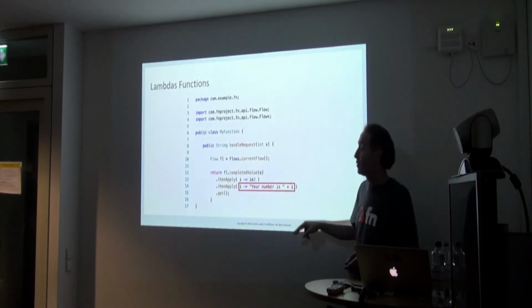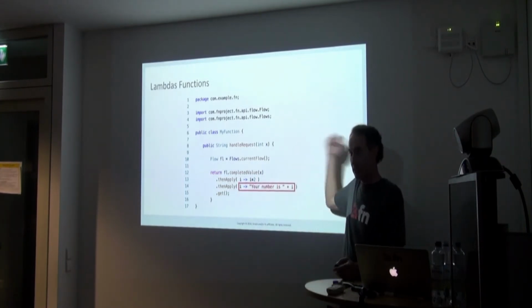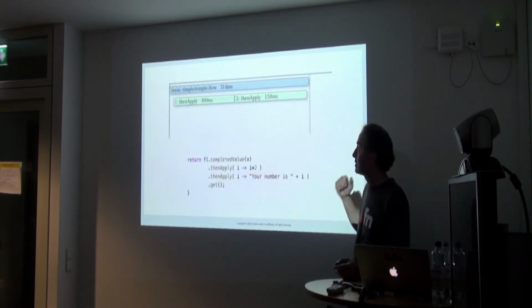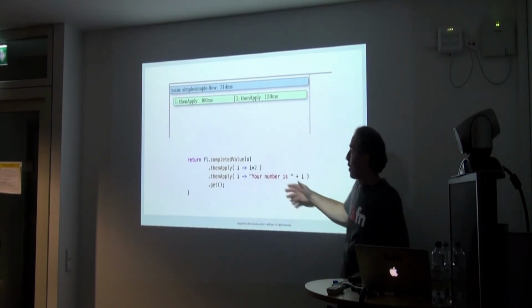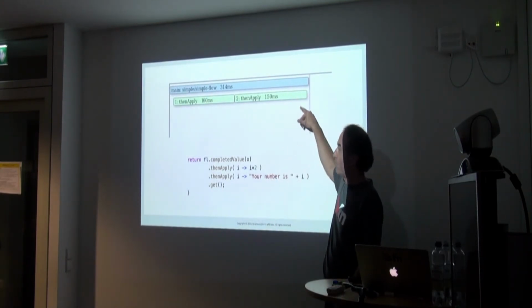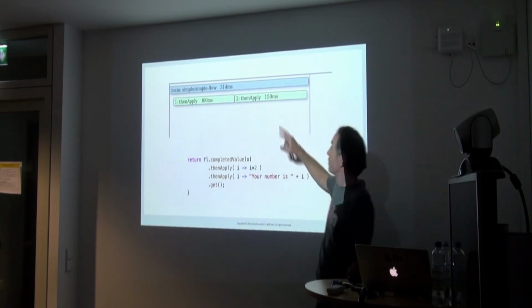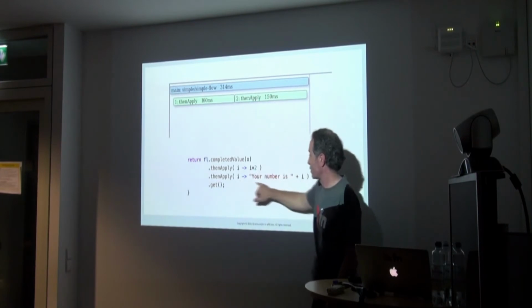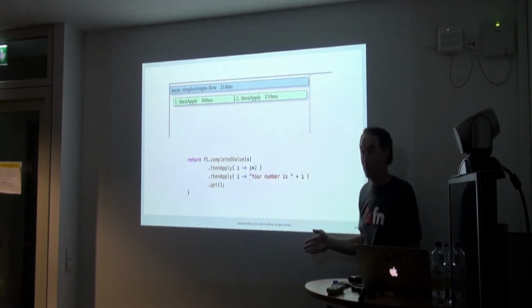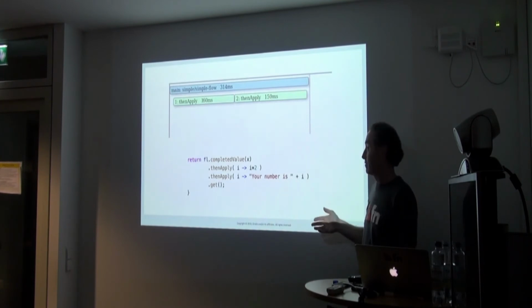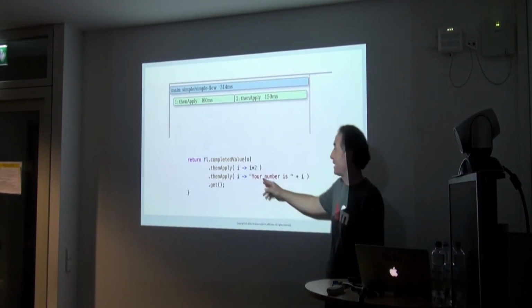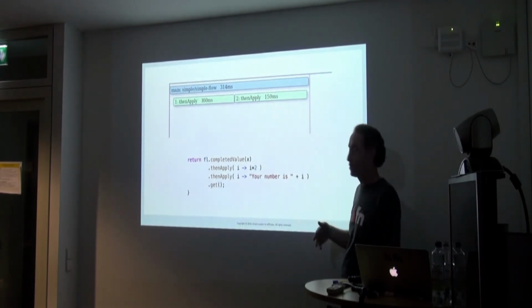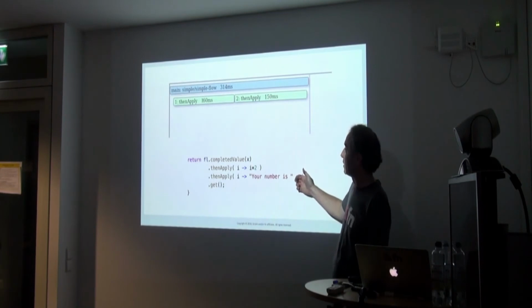If I'm running in flow, it will automatically take these lambdas, serialize them, schedule them, and run them independently, each in its own container, essentially. So what that means, back to that UI, is that if I run this piece of code and look in the flow UI, you would see three functions. The first function is the outer one, which is running, and then this is its own function, and that's a separate function. So I'm leveraging the distributed compute platform from within Java using lambdas in a very natural way. Now this would be silly. It'd be silly to have i times 2, because there's overhead, but you can get the idea of why this is useful.